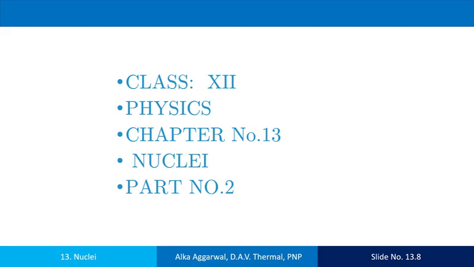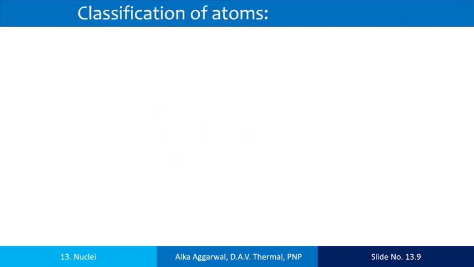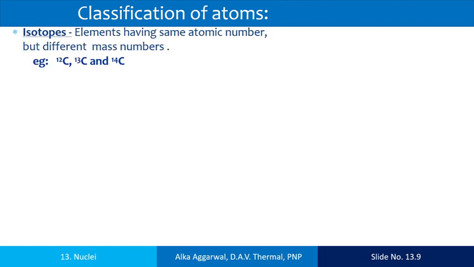Hello, in this video we will do the classification of atoms. As you know, there are isotopes, isobars and isotones. Isotopes are the atoms having the same number of protons but having a different number of neutrons. These are atoms of the same type as their number of protons is the same. For example,